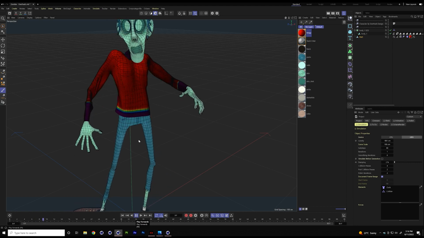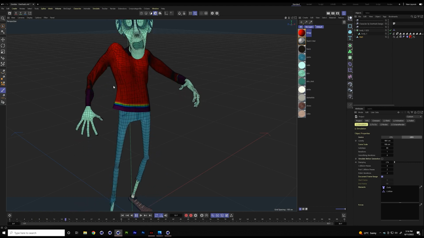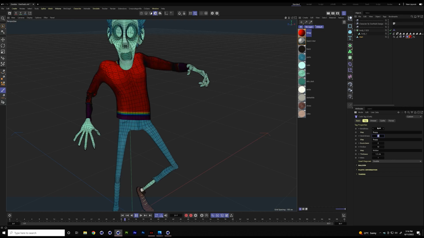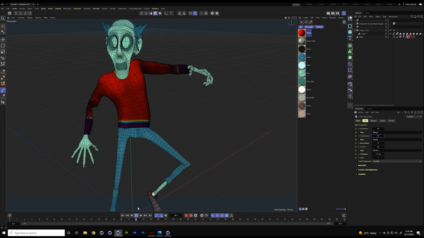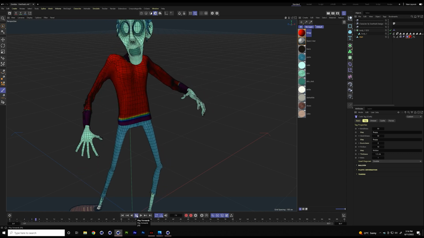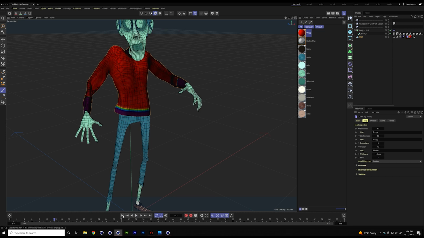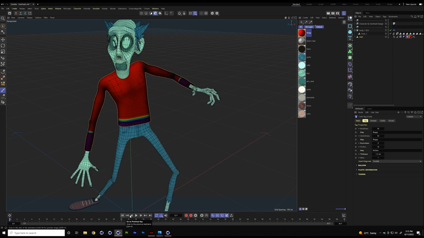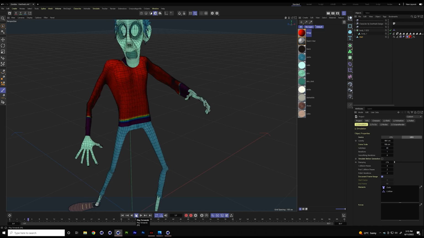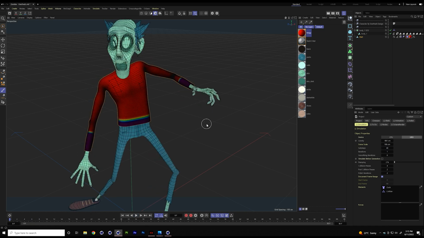So now you can see that the sleeves and the waist are a bit more rigid while everything else flops down. And let's see what happens if we increase this to, let's say, 50 and 50. And you will see that it sags even more. Of course, I can destroy it that way, but you can see now the full effect. Now, having said that, let's go and do one more thing. I'm going to just make it a bit more rigid. And let's go to the settings and make it a bit faster. So, there we go. Excellent.